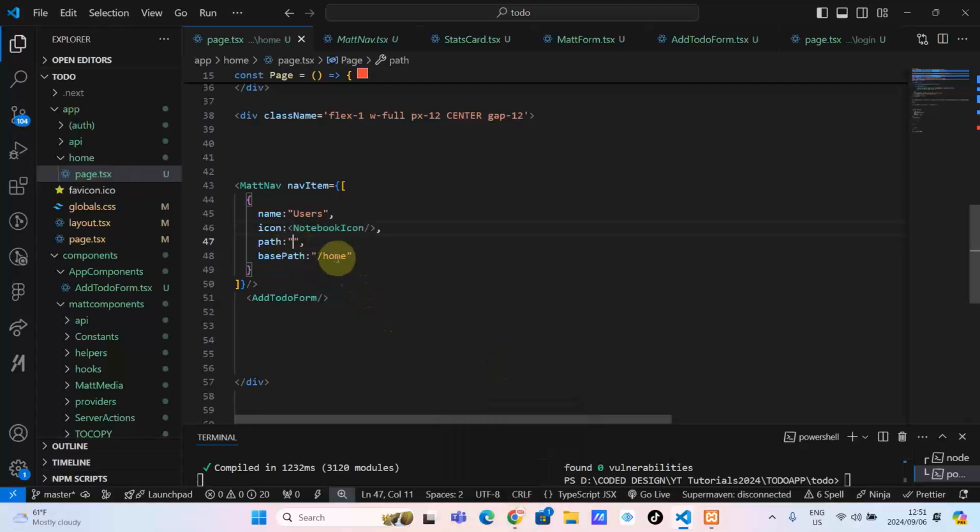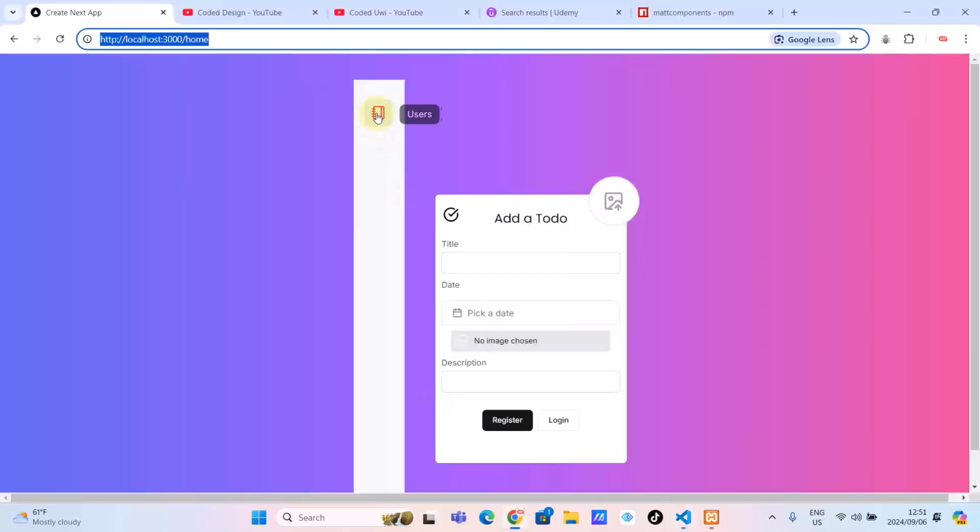Okay, so it knows that it's in home, so meaning that this becomes red. Okay, so with that being said, let's just think of it in terms of this application. In terms of this application, our home